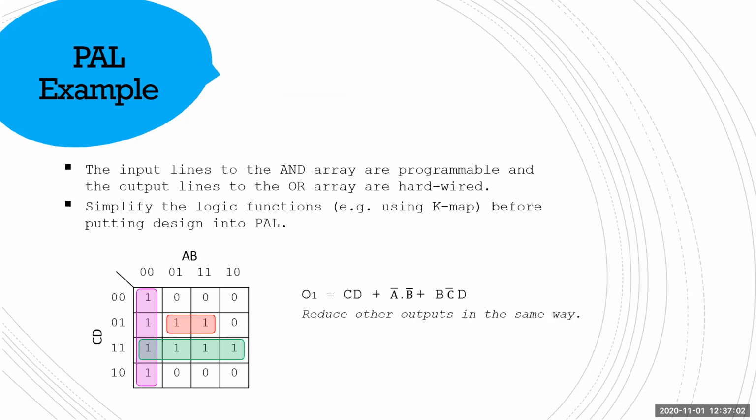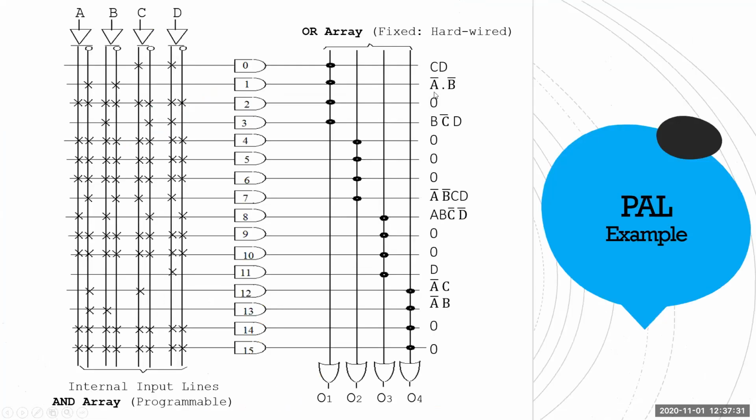Okay? So what you have to do, you have to simplify the logic function using K-map. You already know it, right? From digital electronics class. Remember? Yes, sir. You have to simplify the function. Okay, so this will be better. If you do not simplify it, your PAL will be bigger. Your design will be bigger. So here we simplify it, and we are going to do it.